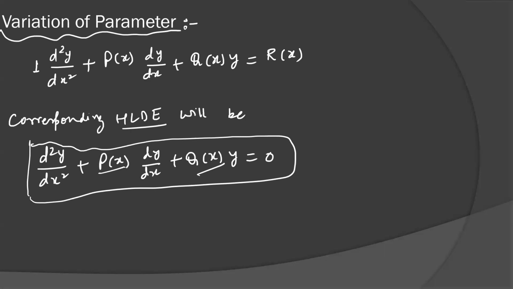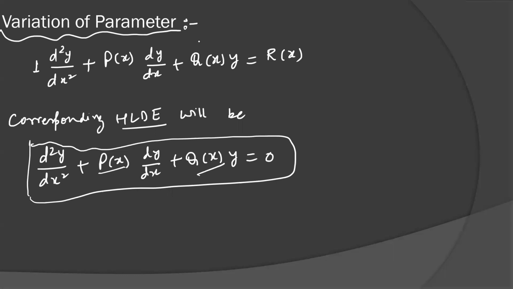If these are variables and are in the form of Cauchy-Euler or Legendre differential equation, then we can change it to constant coefficients using a suitable substitution: x equal to e to the power z or ax plus b equal to e to the power z. Means our aim is to find the solution of the homogeneous linear differential equation. If you know the solution of the homogeneous part, or you will say the complementary function, then only you can apply the variation of parameters.